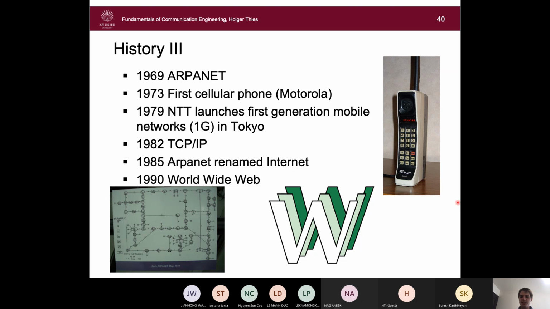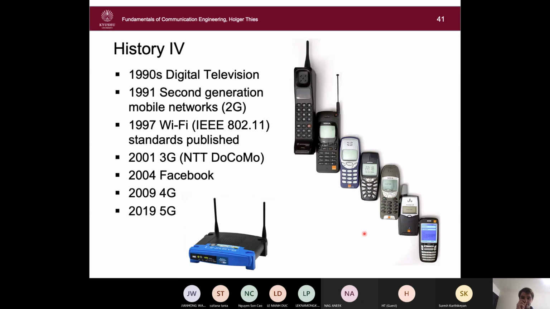For mobile phones, the history of mobile phones begins in 1937, when the first mobile cellular phone was invented by Motorola. And the first generation of mobile phone networks, today known as the 1G network, was launched in 1979 in Tokyo by NTT Corporation. Well, 1G technology still used analog communication technologies, but all later generations of mobile networks used digital communication.